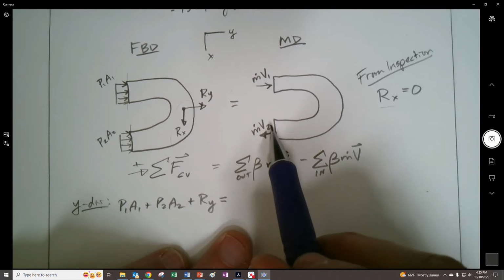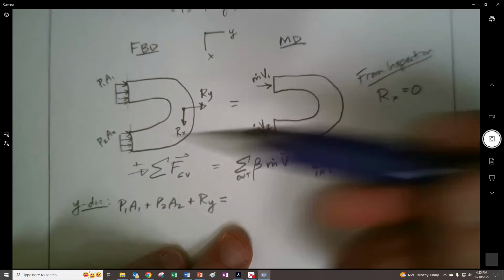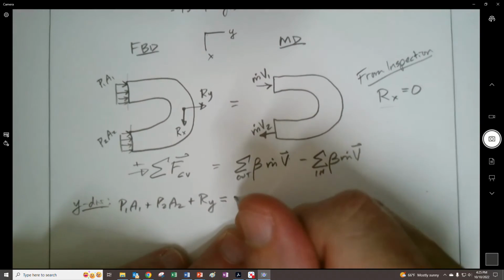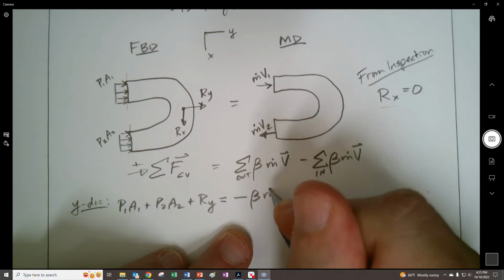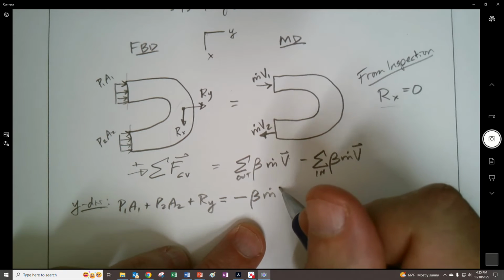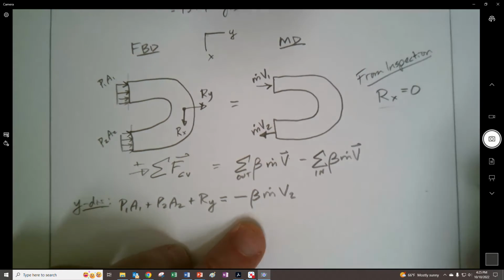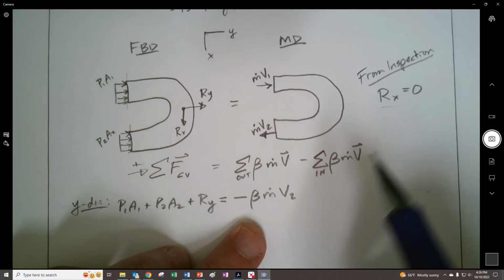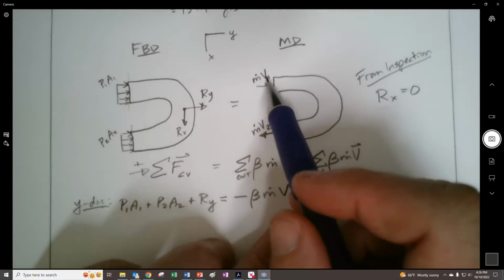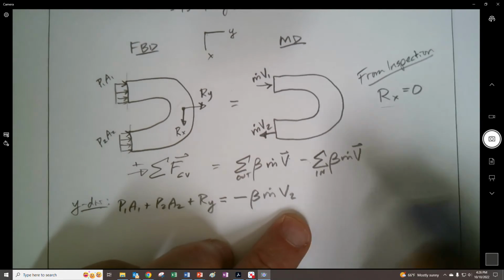We have to remember that we're a vector. And that velocity at 2 is in the negative direction. Therefore, this is negative beta m dot v2. It's because the velocity is negative. Now this one over here, it's got a positive velocity, but it's negative right here